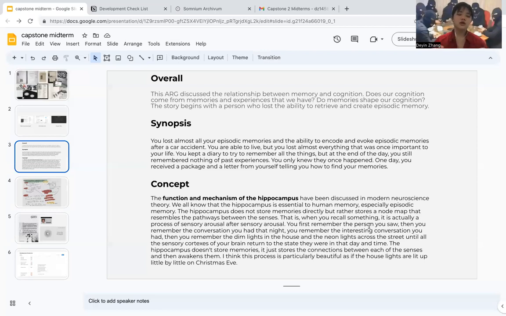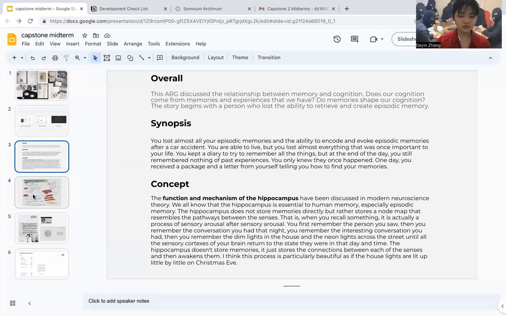When you are remembering something, you try to retrieve a part of memory. You are not using the hippocampus like a database. It's pretty much like you find a map and you follow the map to the different senses, like what you see at the moment, what you hear at the moment, and then you gather all the pieces together, and in your mind it's like an episode that you finally remember, what happened that day at that moment. So this is also the narrative structure of my ARG, because I think they are really similar. They can be a metaphor for each other.